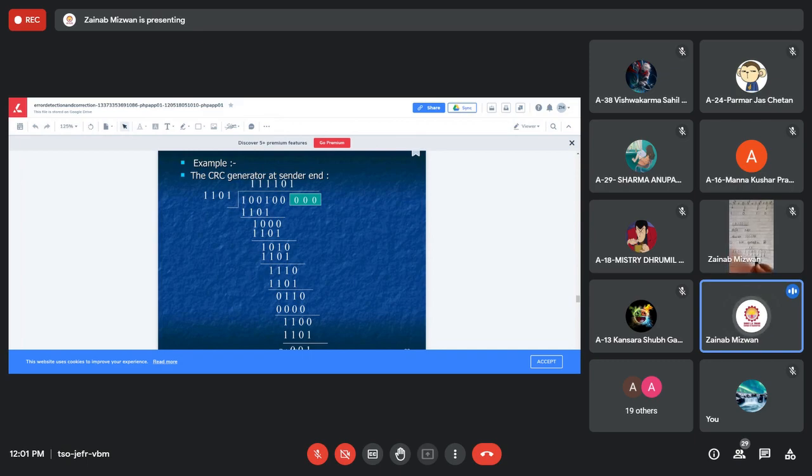Now again the MSB I'm having is 1, so I need to multiply with the 1. So again I'm getting 1 into 1, 1; 1 into 1, 1; 0; and then here again 1. Again we have to perform the XOR operation. So 0 XOR 1 will be 1. 1 XOR 0 will be 1. 0 XOR 1 again will be 1, and here I'm getting 0. So what I need to do over here is add an additional 0 because I need to multiply it with the 0.